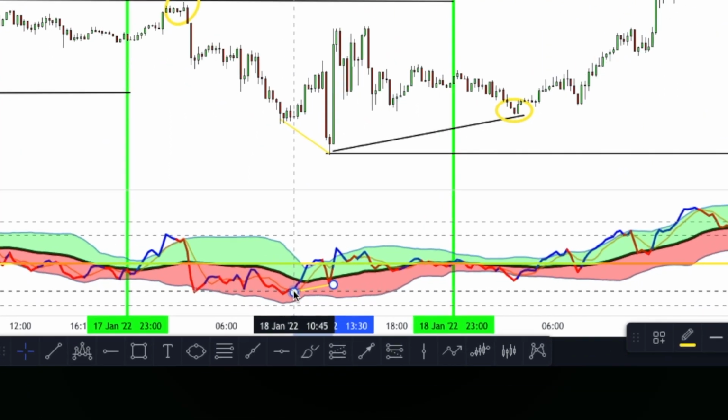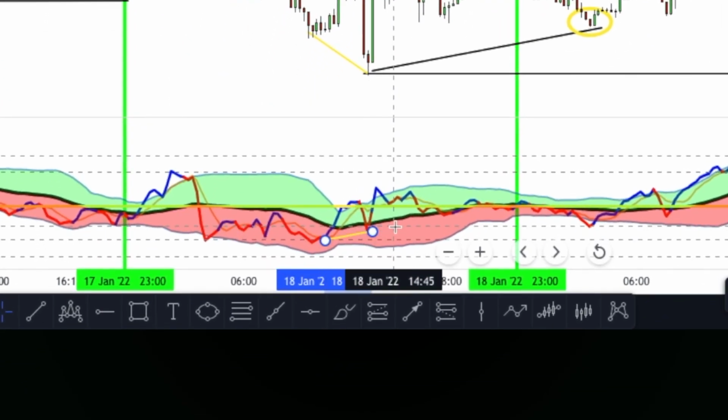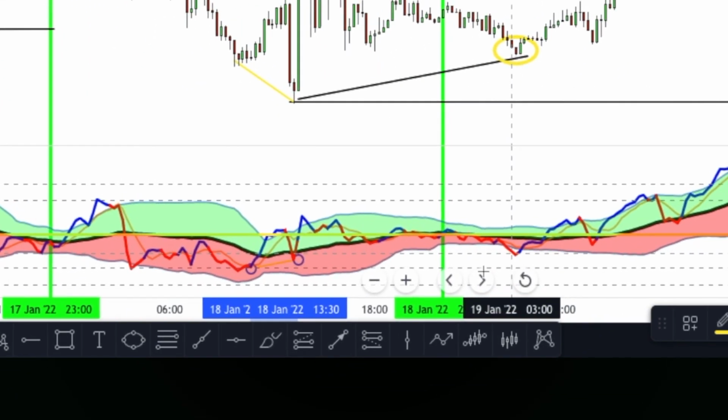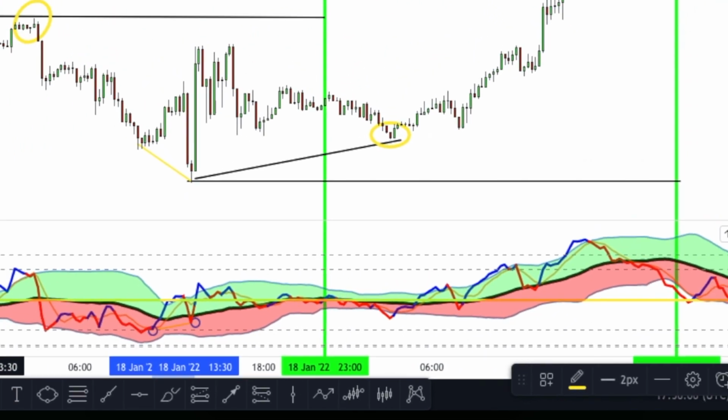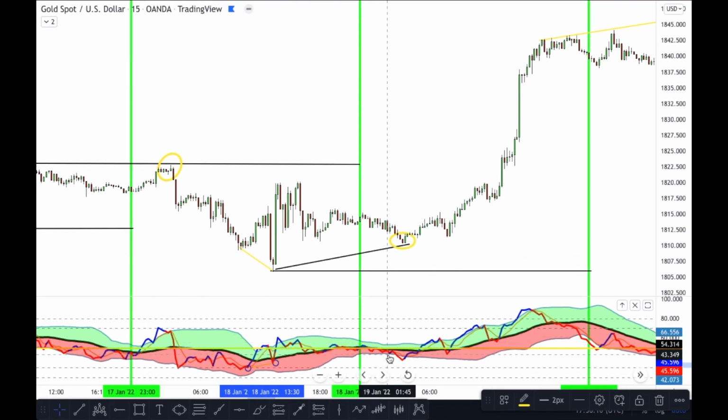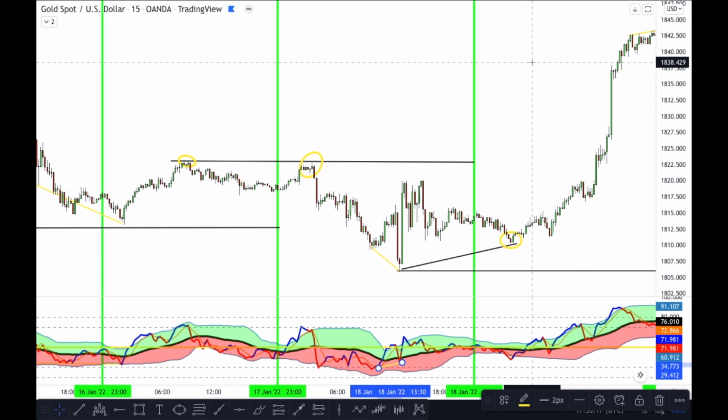You can see straight away from here to here was divergence. And then what do we see when it comes through to the shark fin? This is how it makes it a little bit easier for us, because we're looking for a certain type of setup. When we see our shark fin right over here with that divergence that did occur, you can see the huge breakout that happened. Now go back for a second and watch the chart.